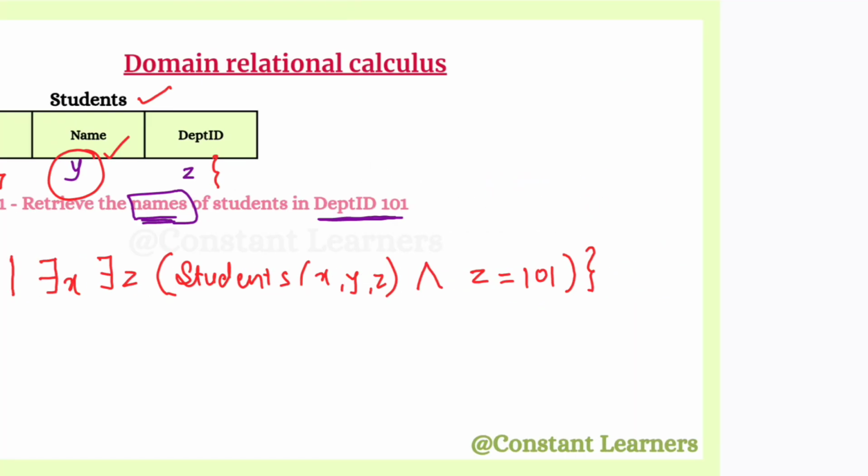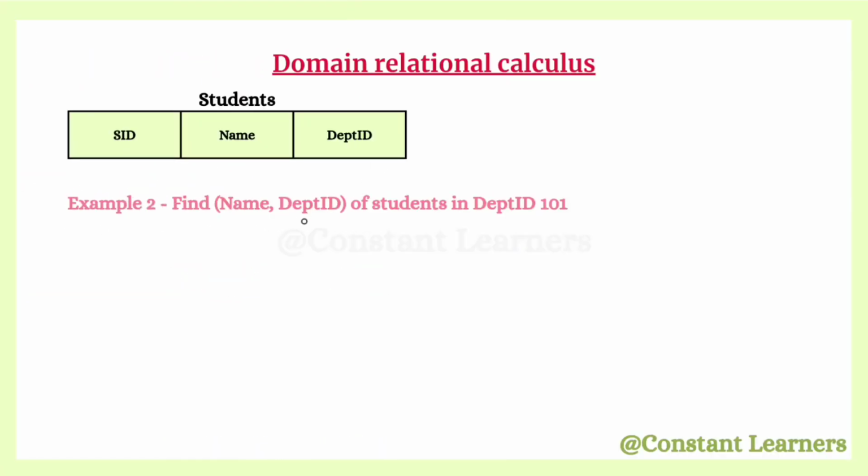Let's take another example. Example 2 is find name and department ID of students in department ID 101. Let's change this a bit. Let's do it. Find SID and name of students in department ID 101, right? How do we start? We start with the columns that we have to display. That is SID, let's declare it as X, and name to be Y, department ID as Z. So we have to display SID, that is X, and name, that is Y, such that